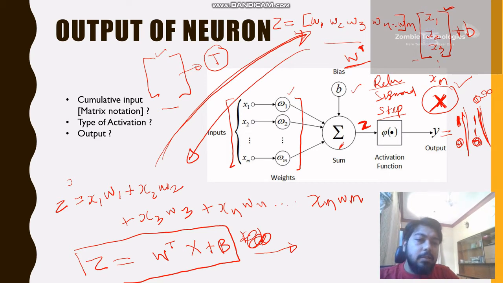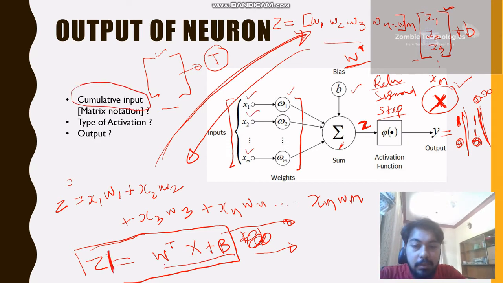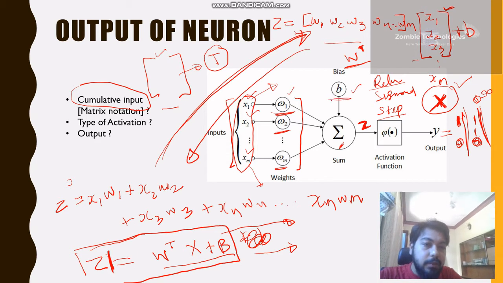So this is a single neuron which is working here. We discussed what the output would be. This is also known as the cumulative input to the neuron, where the cumulative input consists of x, which we also call the feature input, or the input from the previous layer, or the simple raw inputs which we take, multiply by the subsequent weight, add together, add the bias as well, and pass through the activation function. That is the input to the activation function, which we call Z.